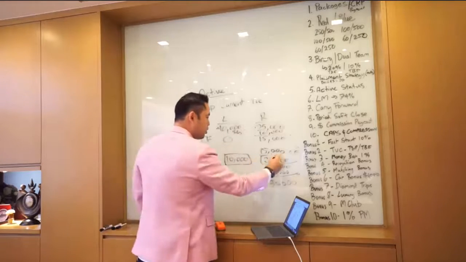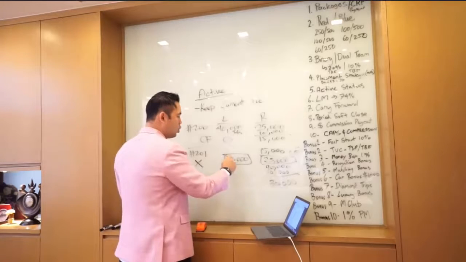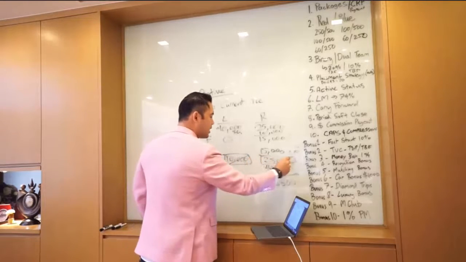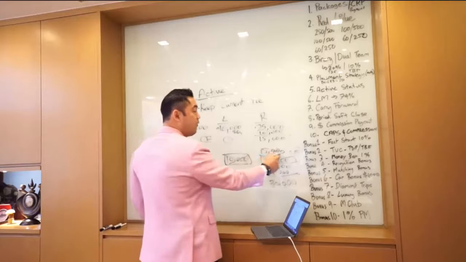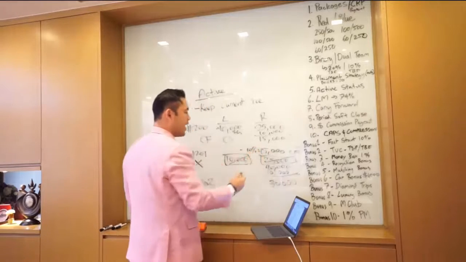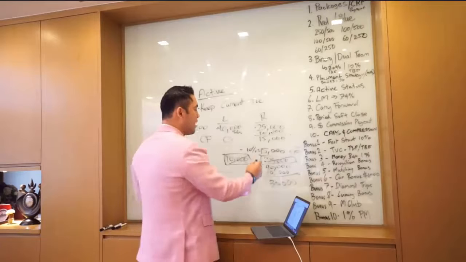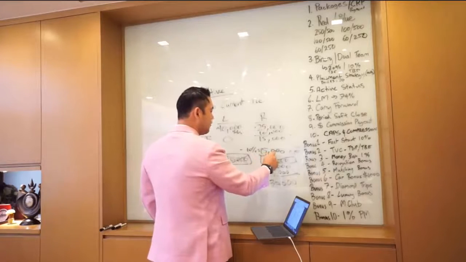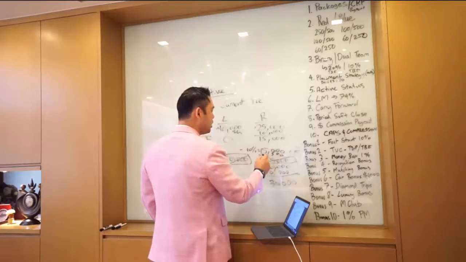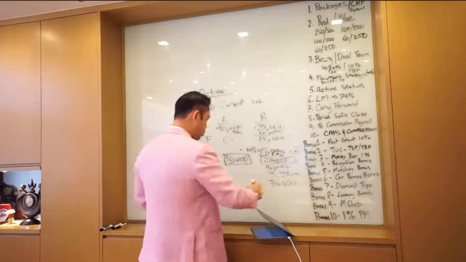The actual volume created was 10,000, 25,000. Guess what? You don't get paid because you're not active. And your carry forward, which you have, you lose 10% of that. So 10% of 15,000 is 1,500, which makes this 15,000 minus 1,500 equals 13,500. So guess what? In 202,